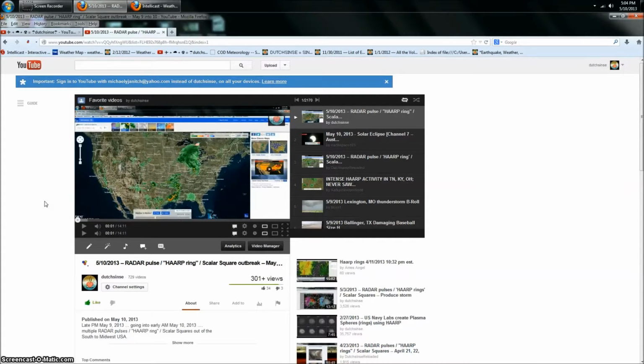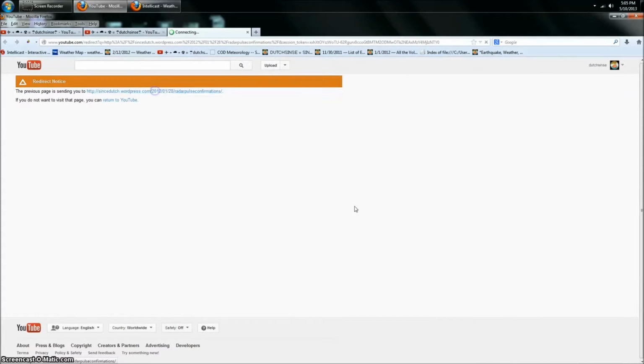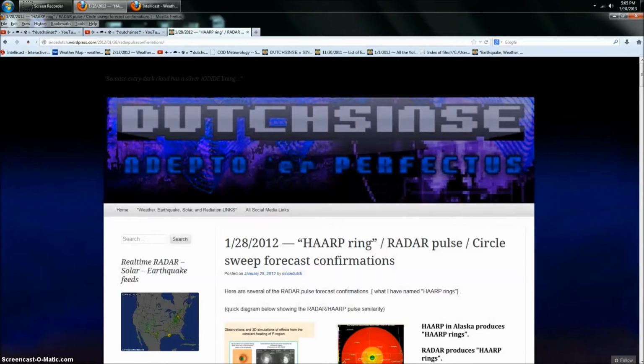And then, after storms develop and hit the pulses, I'm doing something so basic: I'm taking screenshots of the storms that are hitting, comparing them to the screenshots of the pulse that occurred 1 to 2 days, up to 3 days beforehand, mashing them up and showing them as confirmations. I've done this over and over again now, over 100 times. I've documented a pulse followed by the storm that hits the center of the pulse.